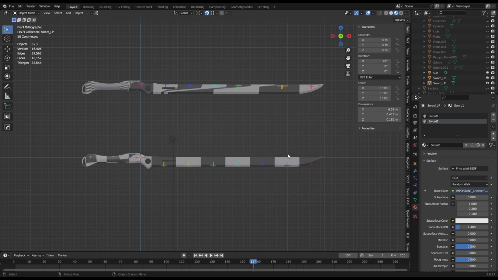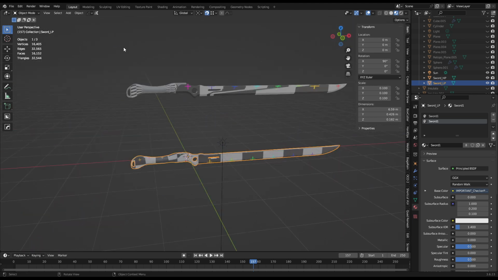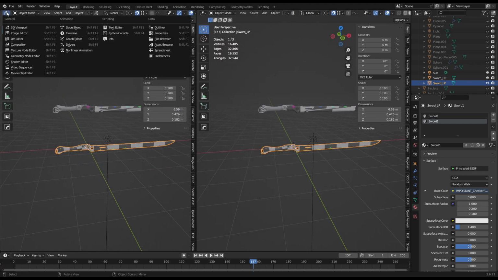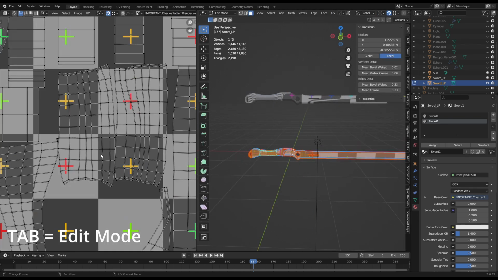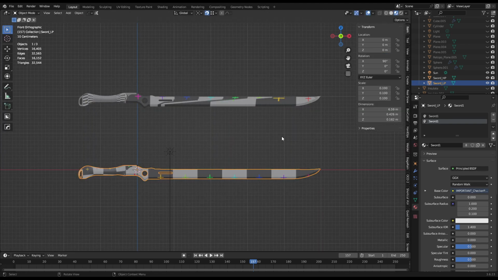As you can see in our material preview, I've already got my UVs unwrapped properly on my low poly, and I can even go to the top left, drag, and then press UV editor. And in the UV editor, if I go into edit mode, I can see all my UVs laid out. Now that I've made sure that my UVs are doing all right, all I've got to do is zero out